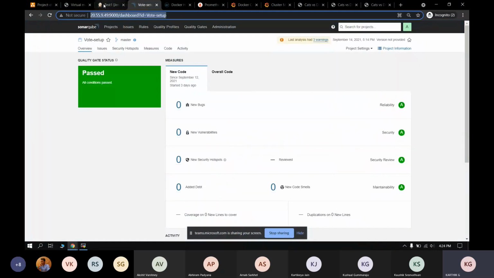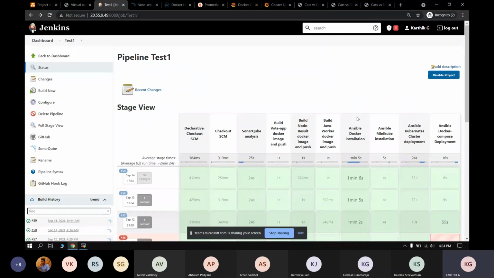Right? So the next stage in our pipeline is Ansible. Ansible runs from the master node, and it controls all the configuration and deployment in the target. So there is no intervention whatsoever to make any configuration changes in the target node. First, Ansible does the Docker installation and the Minikube installation on the target node. Once the basic Docker and Minikube installations are done, the Kubernetes cluster is deployed by